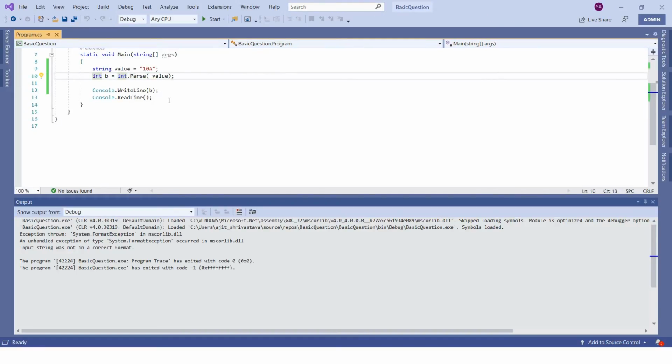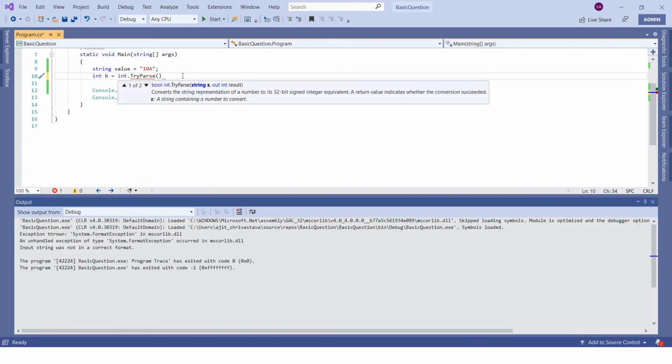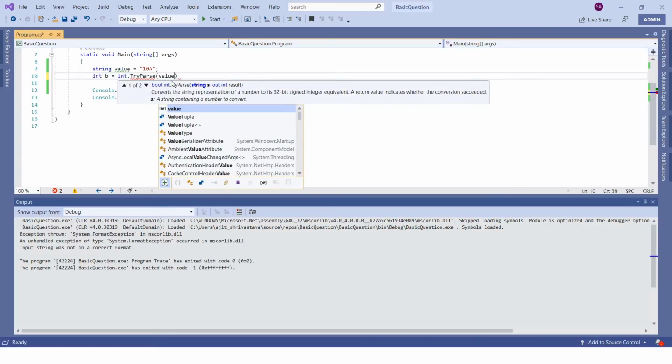There is another option, TryParse. If we just remove this, you can see what parameters it takes. The first parameter is a string value, which is our value, so let's give value.